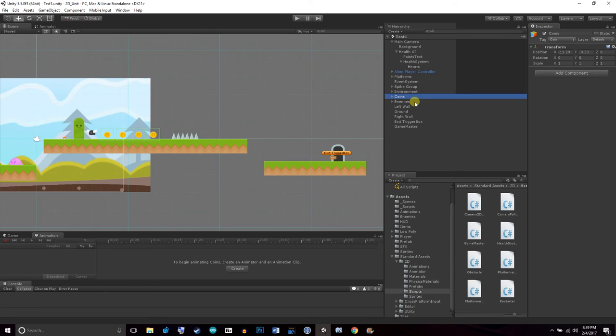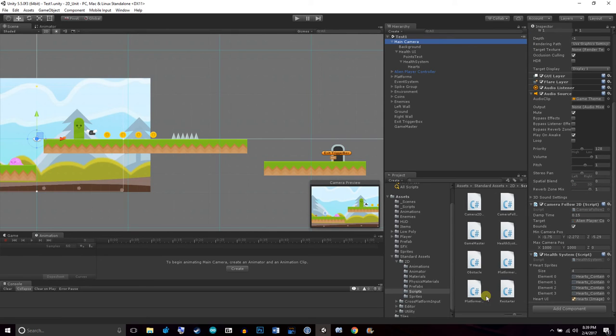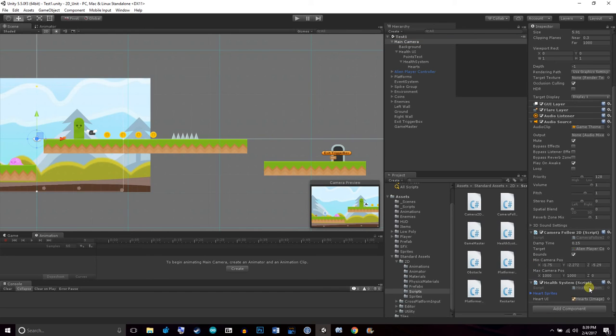So the only script that we need to attach now is the health system, because we already attached the GM, the game master, and we already attached the obstacle. So now what I did is I attached it to the main camera, and I dragged the health system script in here, and yours is gonna look like that. It's gonna have heart sprites with a little arrow, and then it's going to say heart UI. So first, before we do the heart sprites, you're gonna do the heart UI, and wherever it is where your UI canvas had the hearts image,